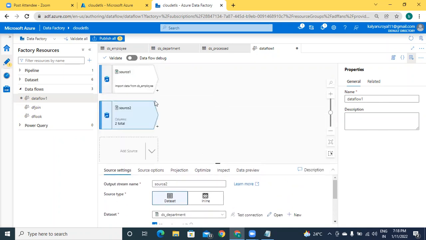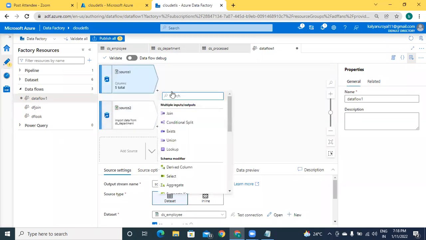Just remember, in the first source, we have 5 fields. In the second source, we have only 2 fields, but the common field is only department number, right? I'm going to attach one new transformation for the first source, that is lookup. So lookup is under the category of multiple inputs and outputs. Within this, please observe, the last one, which is lookup. I'm going to add it,